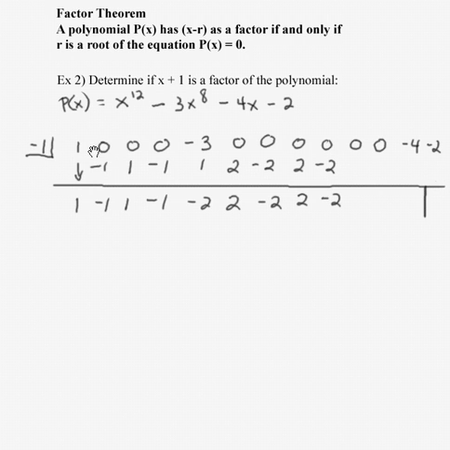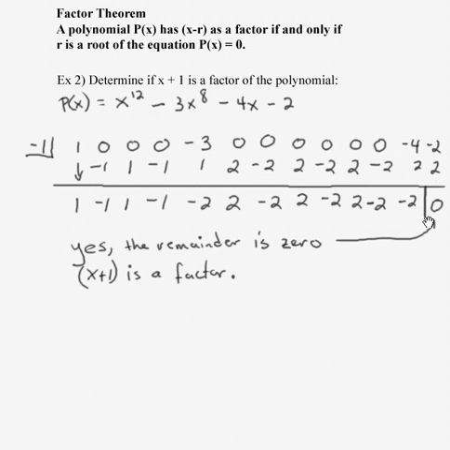That negative 2 times negative 1 is positive 2, which added to 0 is 2. Times negative 1 is negative 2, which added to 0 is negative 2. Times negative 1 is 2, which added to negative 4 is negative 2. Times negative 1 is positive 2, which now finally we add to negative 2, we get a remainder of